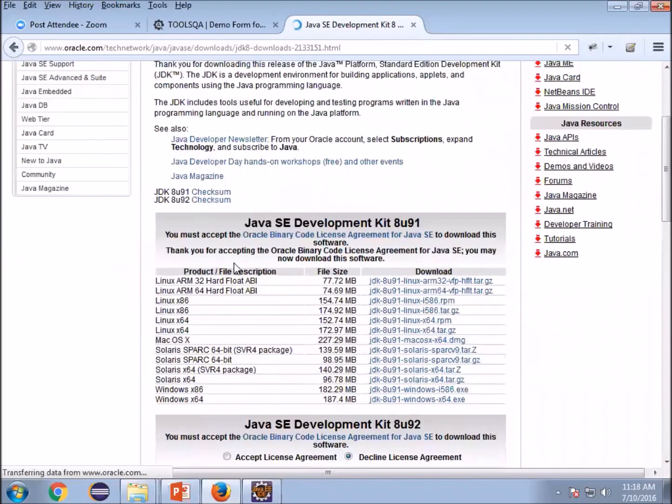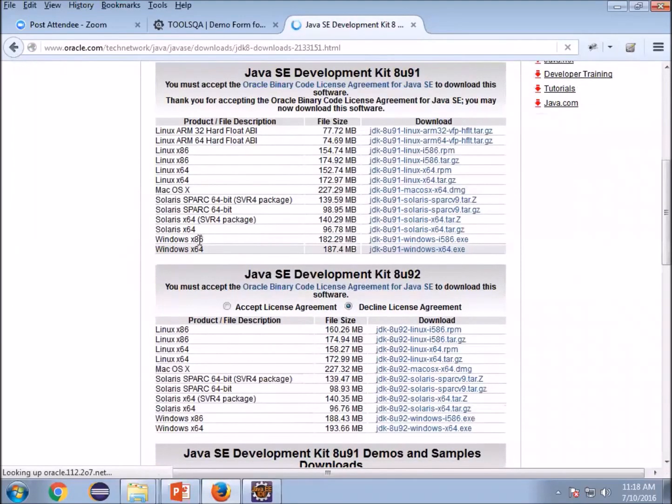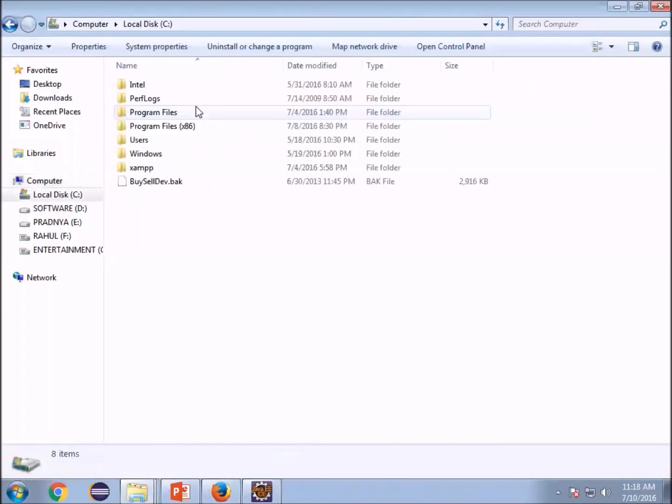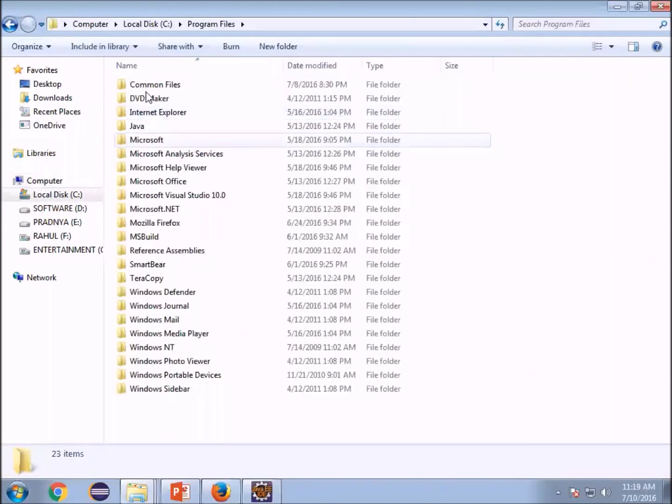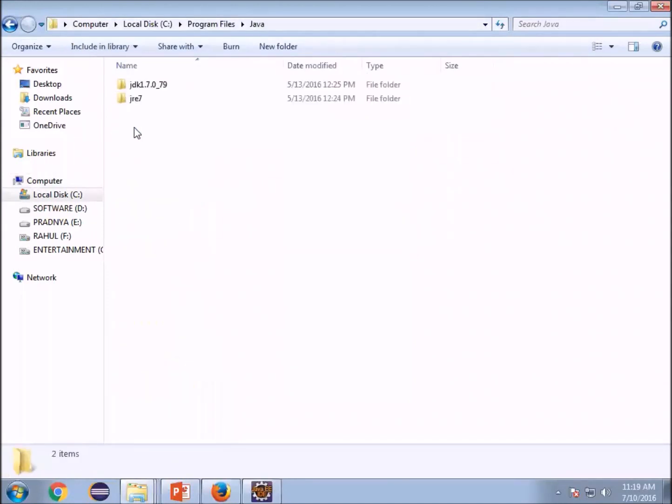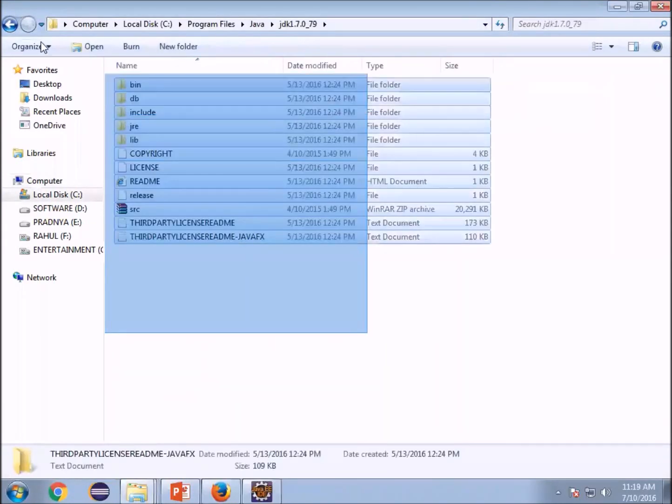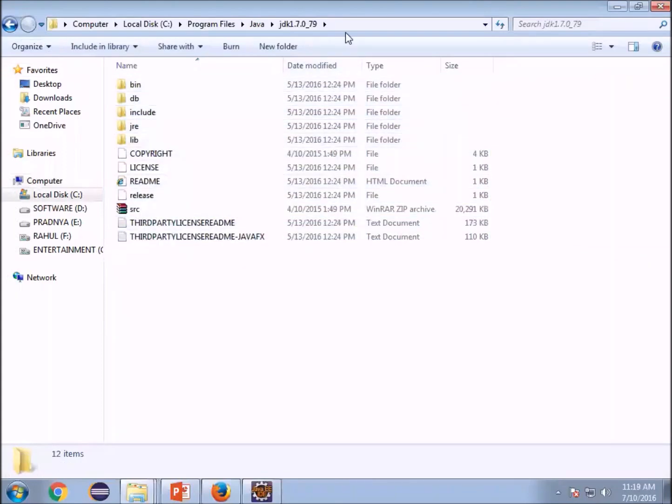Just go here, accept the terms. x86 is 32-bit and x64 is 64-bit. Download it, just install it. You will get a folder something like this, Program Files, Java, JDK. This will be the final outcome of your installation.